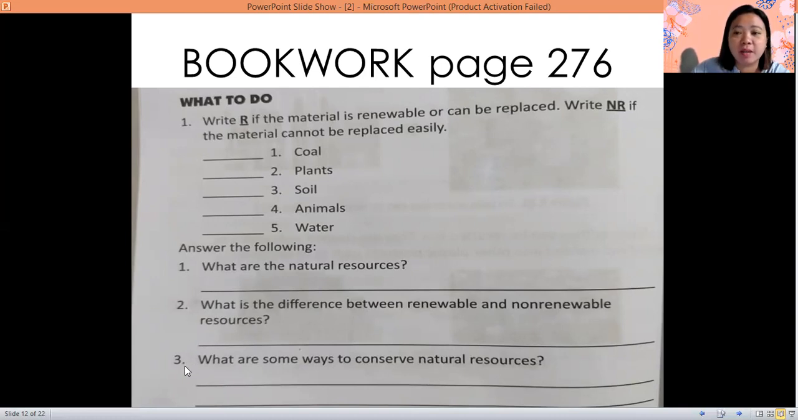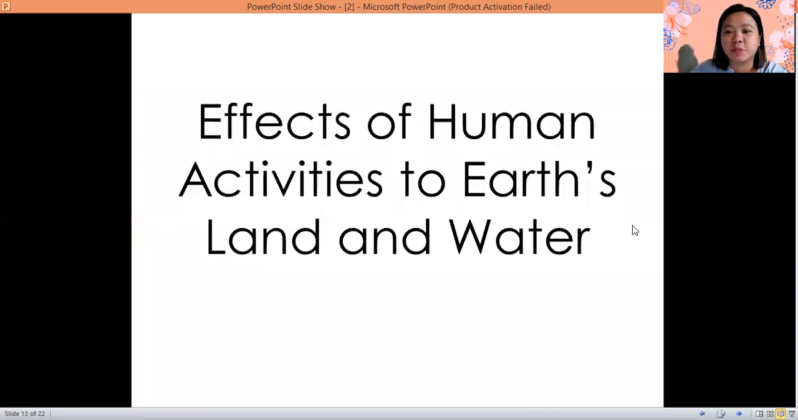Okay, so you can pause the video while you are answering the 1, 2, 3. Okay po, pause the video while you are answering number 1, number 2, and number 3. And once you are finished answering 1, 2, 3, then play the video again. Okay, so for those who are done already, okay, again, pause the video if you are not yet done. For those who are done, let's proceed to our next topic, and that is how we affect